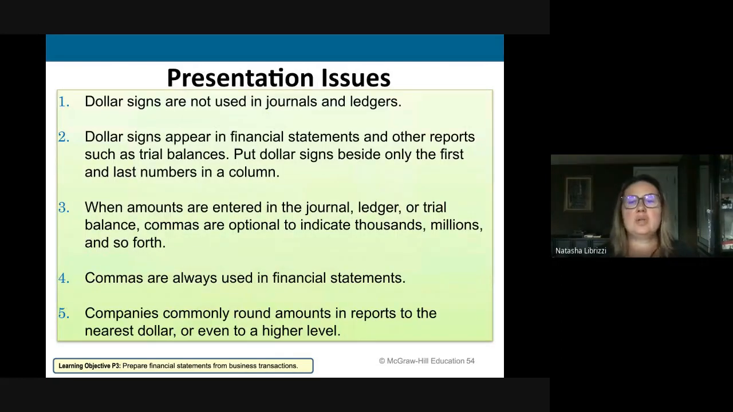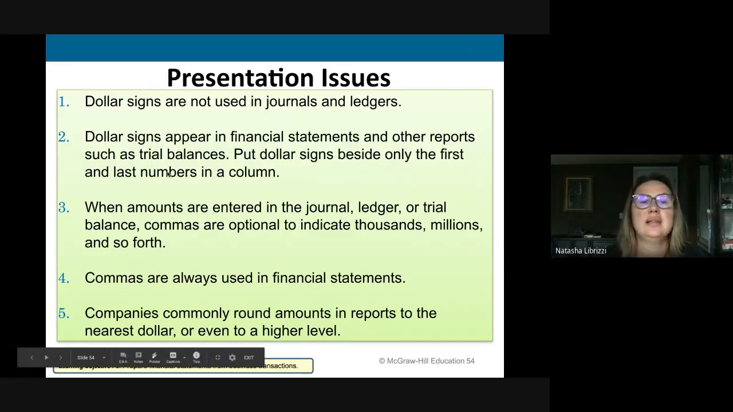A couple of presentation issues that I want to mention. This is a good time to do that. Dollar signs are not used on journals and ledgers. We usually don't do that. Dollar signs appear in financial statements, but a lot of times they'll be in the beginning or ending number. So put dollar signs beside only the first and last number in a column. When amounts are entered in a journal, ledger, or trial balance, commas are optional to indicate thousands, millions, and so